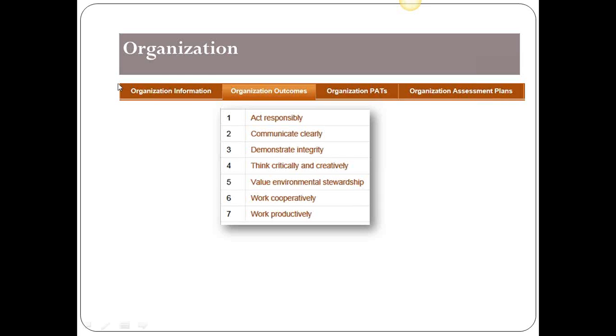It focuses on outcomes. Here you're going to see that in WIDS, you actually can start designing that organizational information. Might be your information about your college, the accrediting body of your college or your organization. It's designing those outcomes. Here we see a list of organizational outcomes or college-wide outcomes or core abilities. We'll call them core abilities from now on. You can change it to whatever name your college or your organization calls them. They are established, they are approved, and then they are kind of locked down and able to be infused throughout